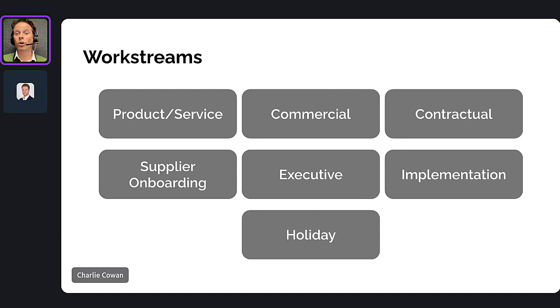And then a very important one, the holiday work stream. Who is going to be off when, so that as we go through our launch plan, we're not going to find out suddenly that the lawyer's off for 2 weeks in Australia and we weren't aware. So these are just some of the big buckets, and depending on your product or service, you may have some other buckets that are important to the way that customers get value from your product or service.